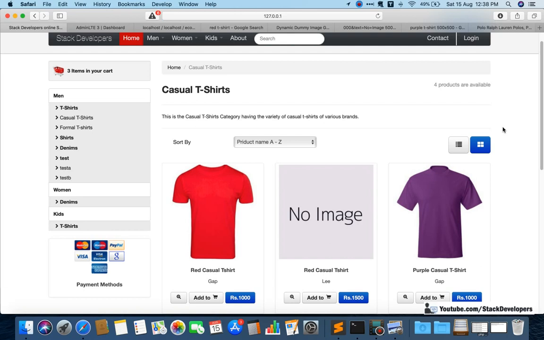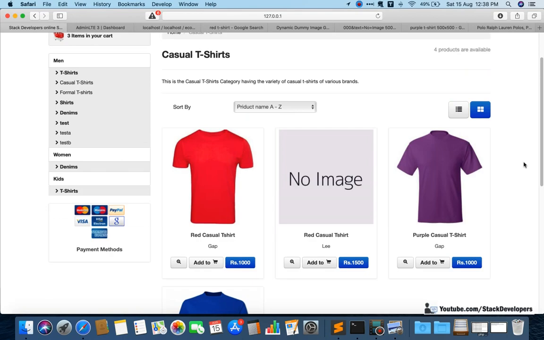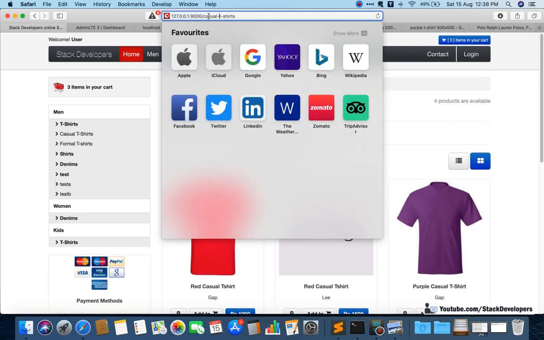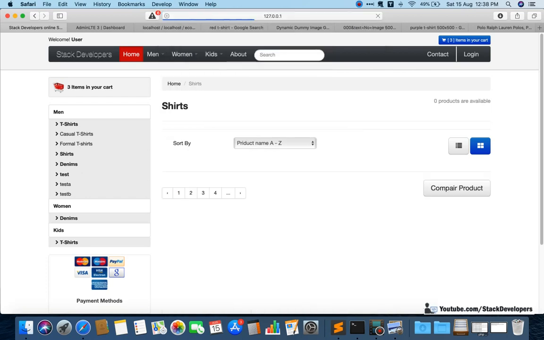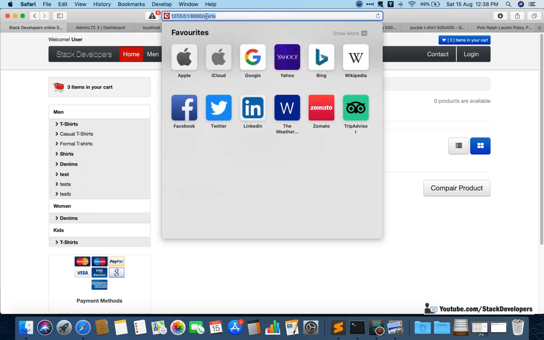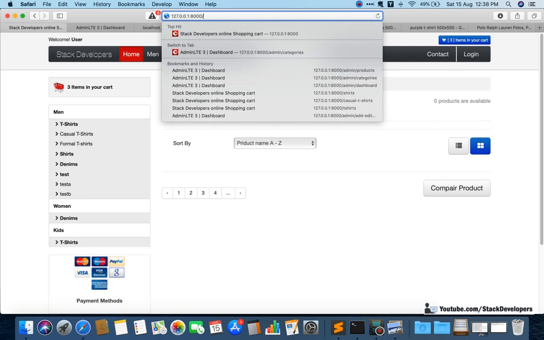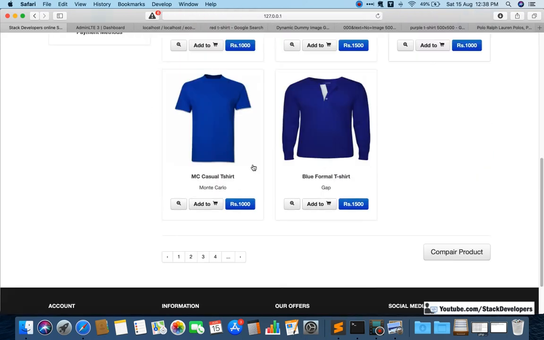Count, here I can give it like this, and now I can try. Okay, see, 4 products are available because we have counted the array of the category products that we are sending from our function. So we simply count the array and give it here. 4 products are available in the case of casual t-shirt, and if we open the shirts, then see, no shirts, we will open some other, that is t-shirts. Okay, so t-shirts has 5 products. You can see 1 2 3 4 5.